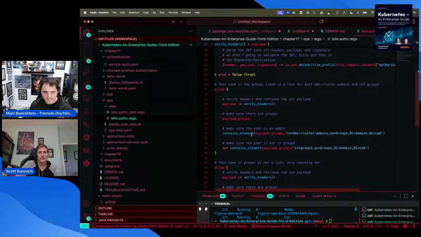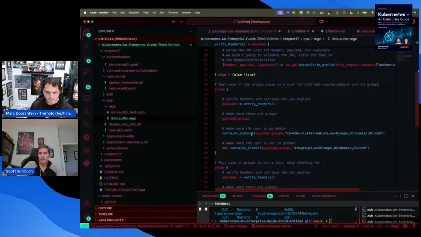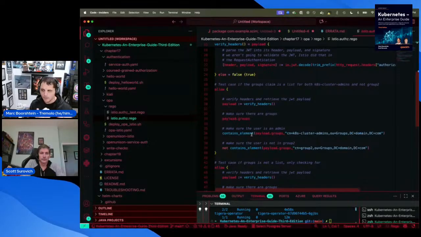Now, instead of deploying this into the generic Istio, we're not going to have a generic OPA that does all of these authorization calls for a couple of reasons. One, you get into issues with multi-tenancy where you don't want the policies to be overwriting themselves. There is an OPA service,